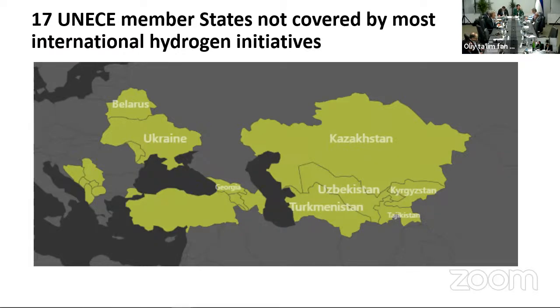At this time, mostly in the European Union, you have many initiatives such as the International Partnership for Hydrogen and Fuel Cells in the Economy, or Hydrogen Europe, or the Hydrogen Council, and other mechanisms that exist. But the countries where we typically organize capacity building, meaning Central Asia, the Caucasus, Ukraine, Belarus, the West Balkans, and Turkey, are not really covered by those initiatives. And our role at UNECE would be to bring those countries in and help them be more active in